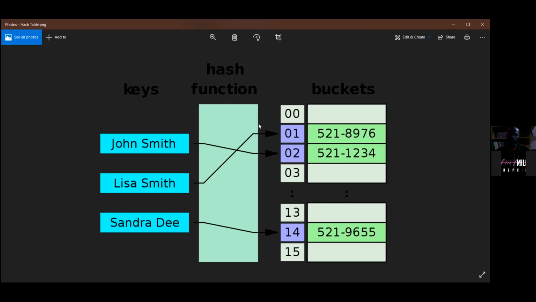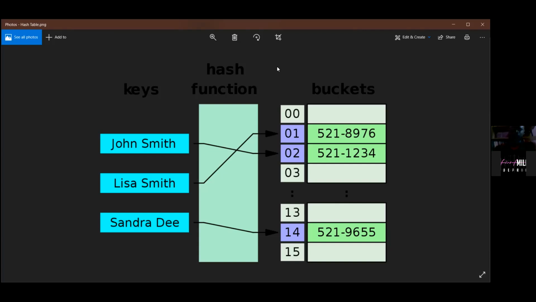I hope you can see this diagram, right? Yep, I can see it. Okay, good. Now, these are keys, like these are names of individuals and these are their phone numbers, right? Right. Say you want to store an object that has the names of individuals as keys and their phone numbers as the values. Just like, for example, our phone book. That's the way we store the name of the individual and the phone number.